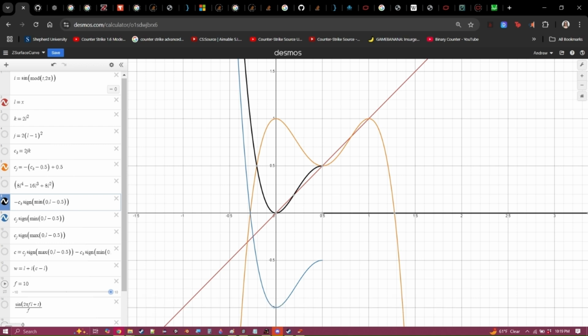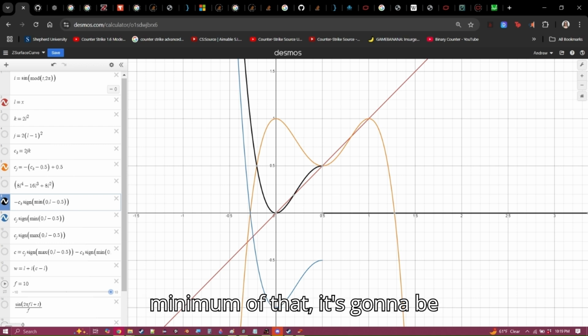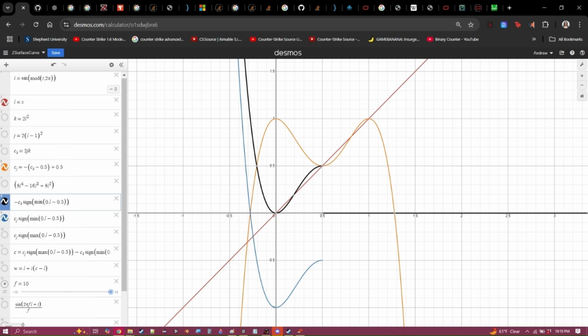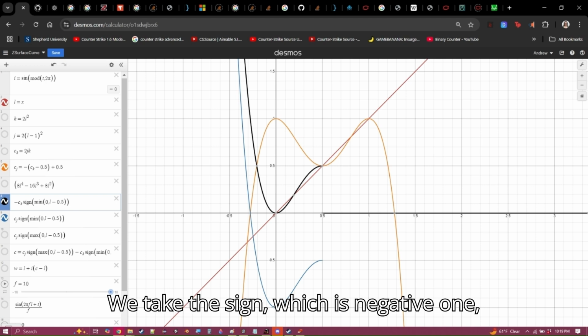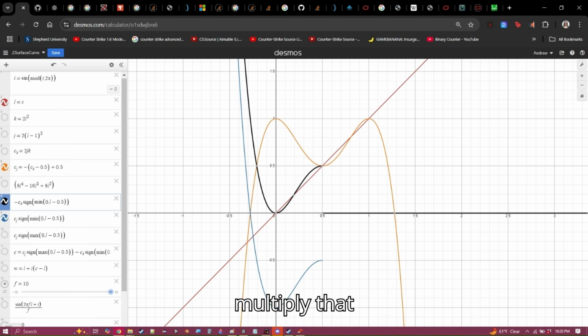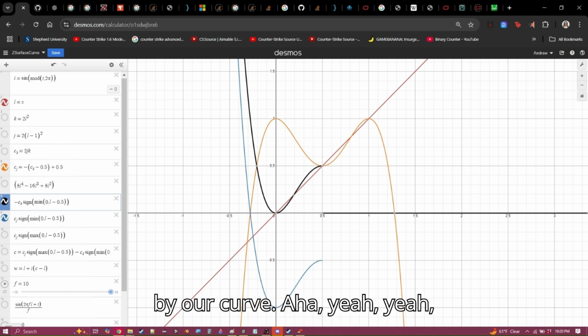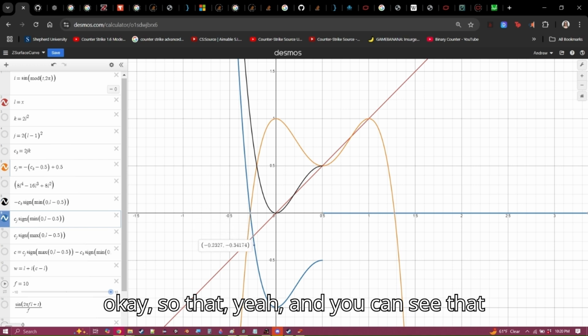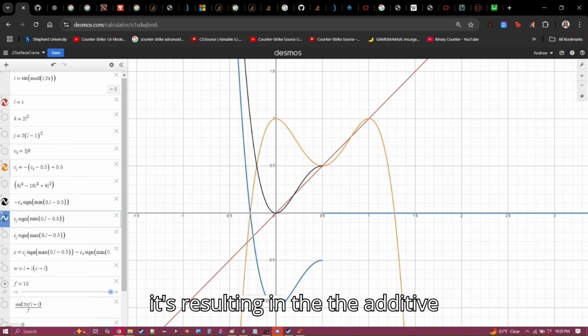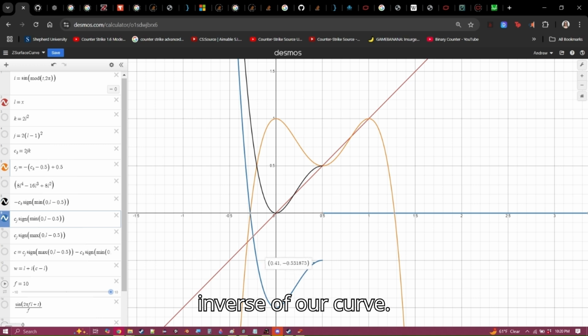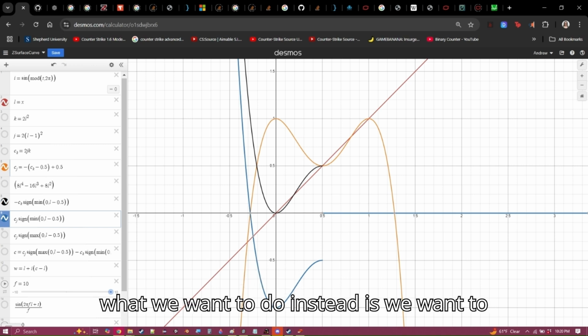If we take the minimum of that, it's going to be negative 0.5. We take the sign, which is negative 1, multiply that by our curve. Aha, okay, and you can see that it's resulting in the additive inverse of our curve. So what we want to do instead is we want to say,